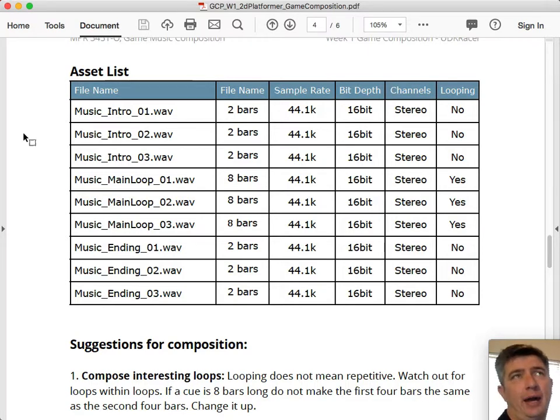So the game is mainly built off of the idea of intros, loops, and endings. This is a very, very common approach for game music and game sounds. There is some sort of intro so that the music doesn't just cut on. In classics like Super Mario Brothers, it's da da da da da da da, and then the main loop comes in.